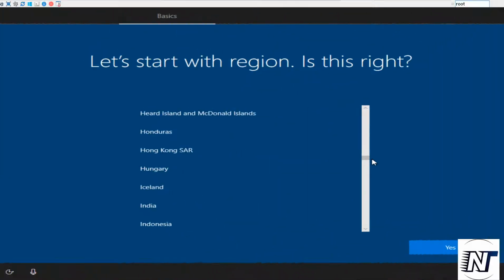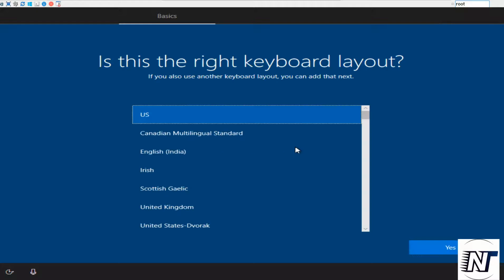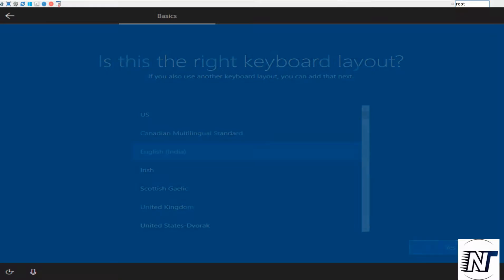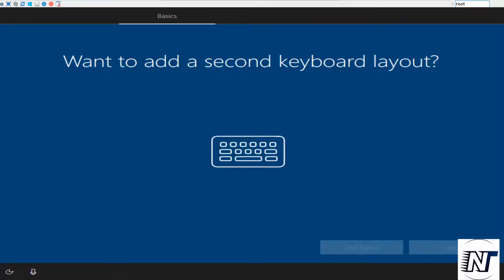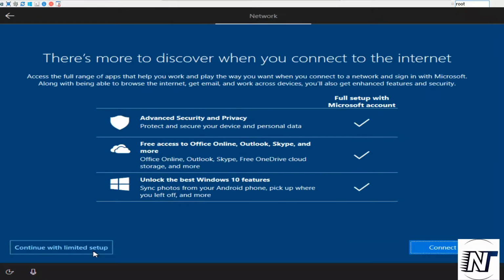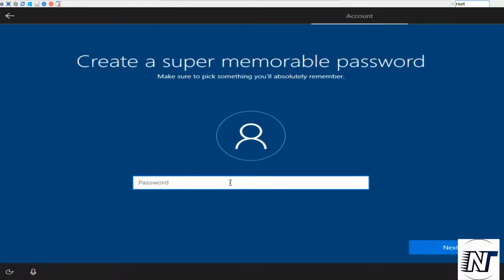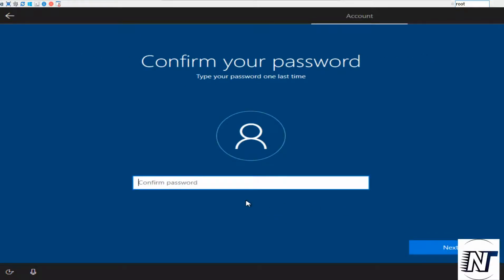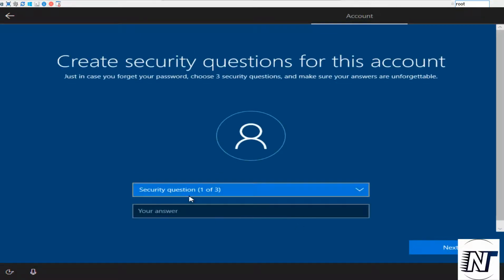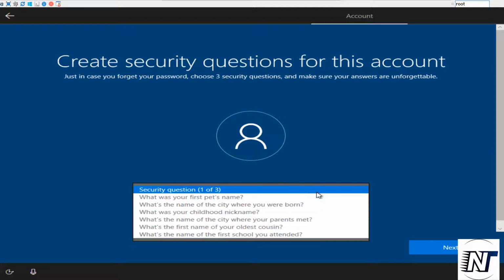Okay, so let's start with the region. I'll choose India. Keyboard, that is English India. Skip. Continue with limited setup. Admin. Next. Password. I'll put my password. Confirm my password. Security questions.